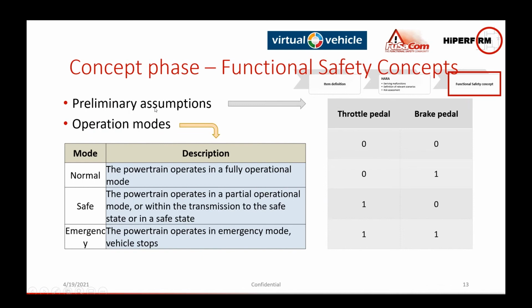And these preliminary assumptions would be, to put an example, the situation if a driver is pressing the throttle pedal and the brake pedal at the same time. So what is the reaction of the vehicle? And that's misuse of the driver. You should take the decision if you include that in the safety item or not. In this case, we decide, okay, this is